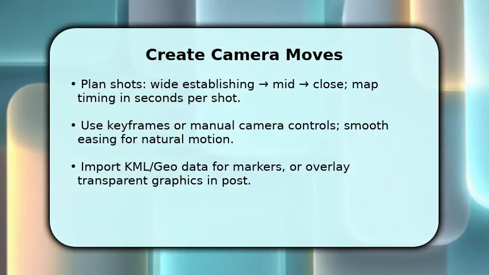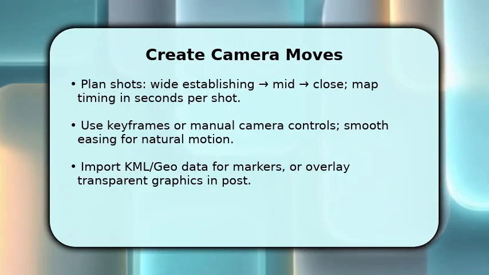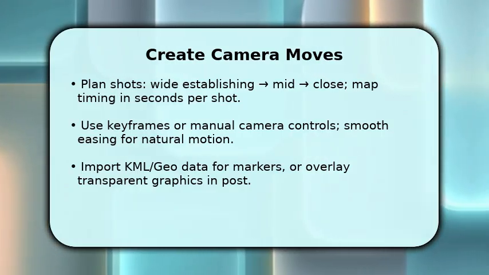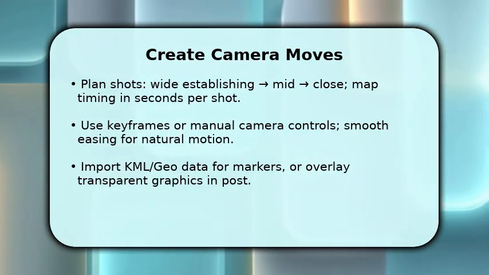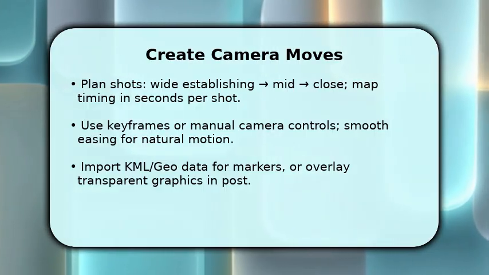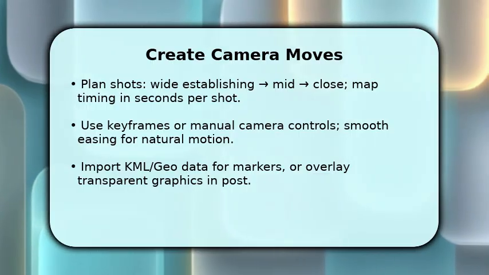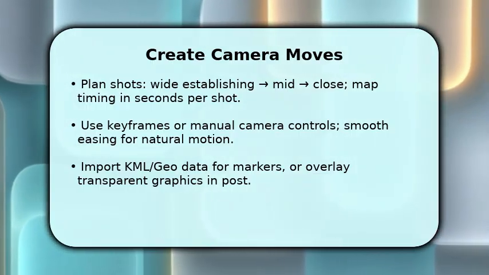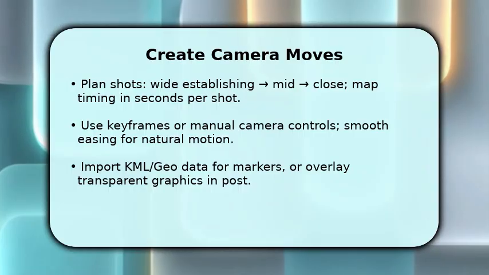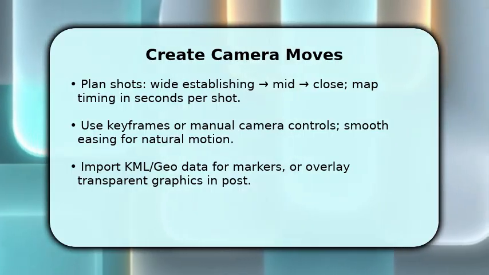Use Earth Studio keyframes or Earth Pro's Tour Recorder to create smooth paths and apply easing so motion feels natural instead of robotic. Make sure to time each shot in seconds to match your narration or music. If you need specific points, import KML or add overlays later in your editor, so labels and icons remain crisp